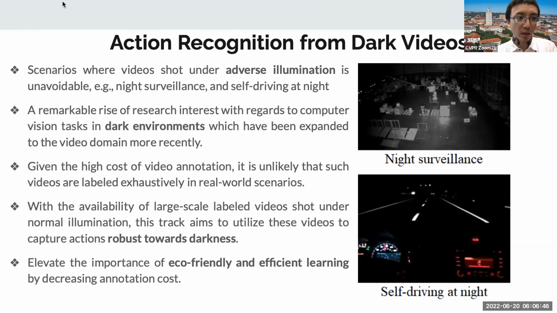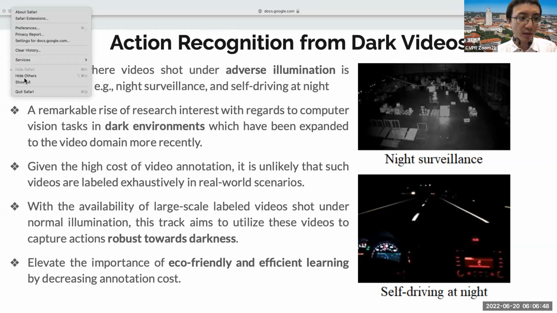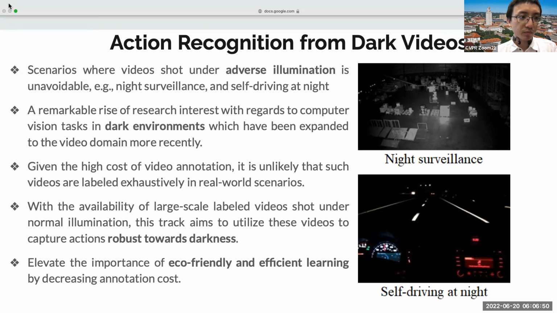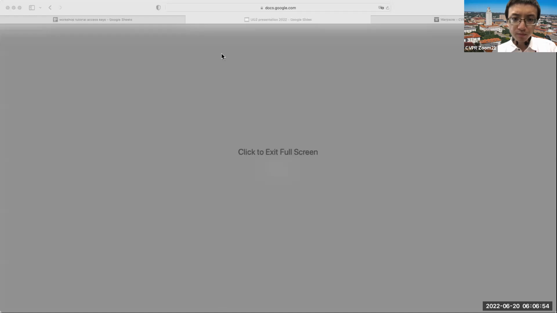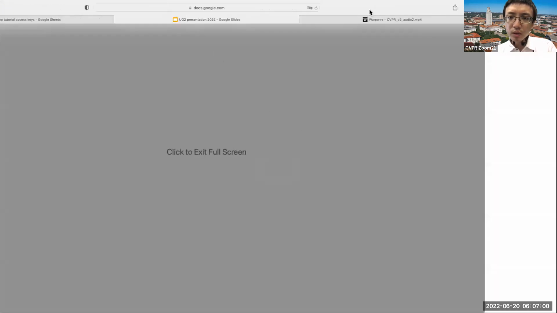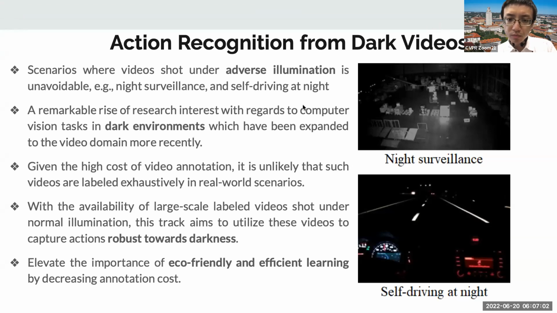Please allow me a second. Could you send a message to the WeChat group to see if this is him? Hi, can you hear me?